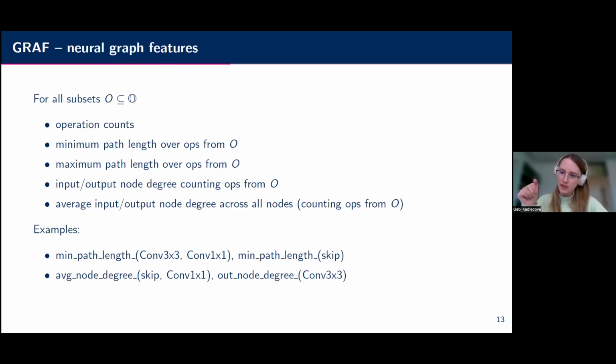On the other hand, the minimum path length tells us if there is a shortcut from the input to the output. So is there a skip connection? That's a residual, it counts the residual connections that you have there. So it tells us quite a lot about the architecture. It has an interpretation.